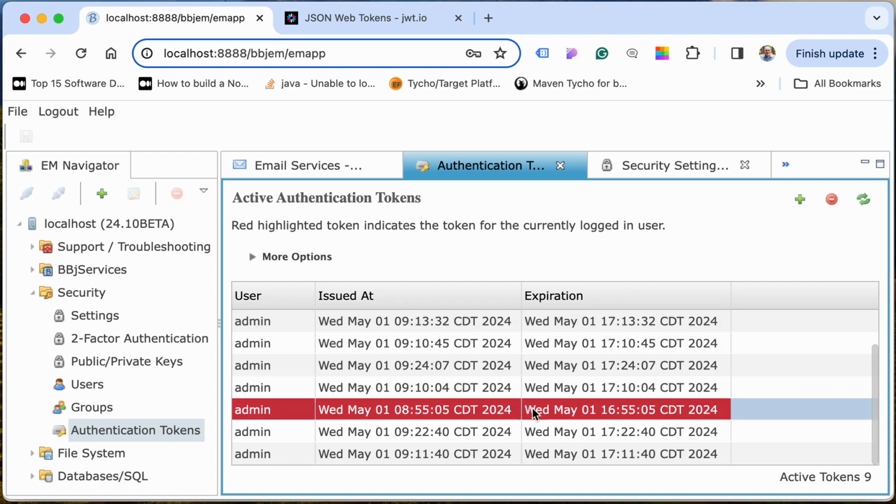The one that's highlighted in red is the one I'm currently using as I'm connected to the Enterprise Manager. So that's letting me know you can't remove that one because that wouldn't make sense. That would kill our connection. Notice you can't see the tokens. There's no way to get a token once it's created. You create the token, and unless you store it somewhere, there's no way to recover it,